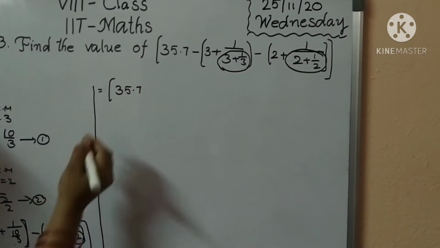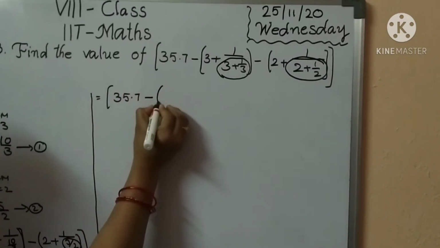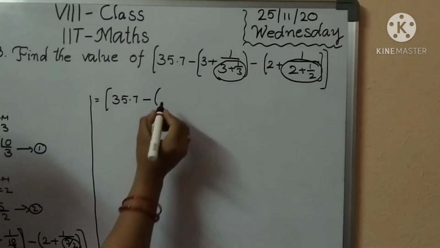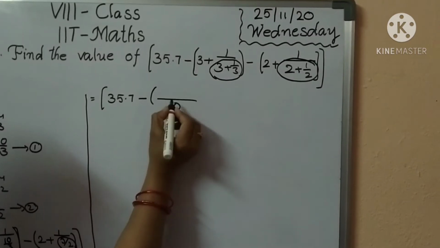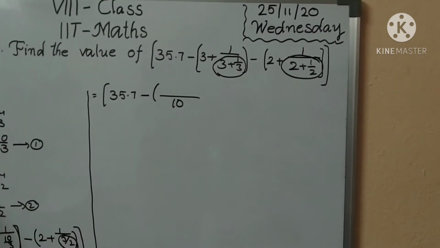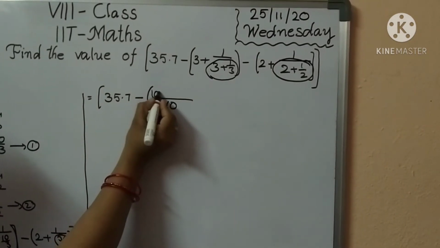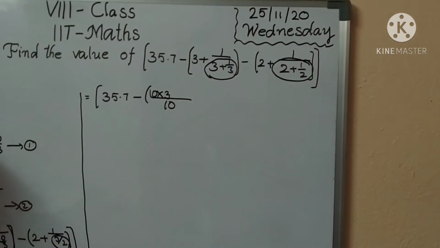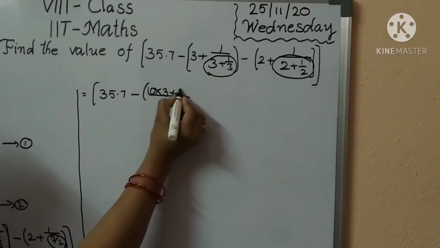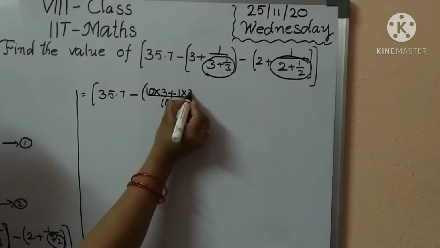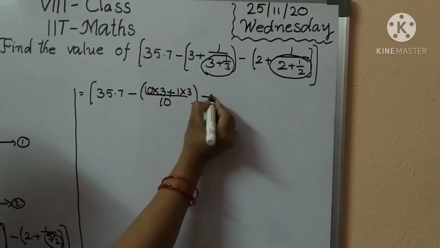35.7 minus, take the LCM by 10. So here 10, the denominator 1 is there, 1 is 10 times possible, 10 into 3 plus here 10 is 1 time possible, 1 into 3, minus